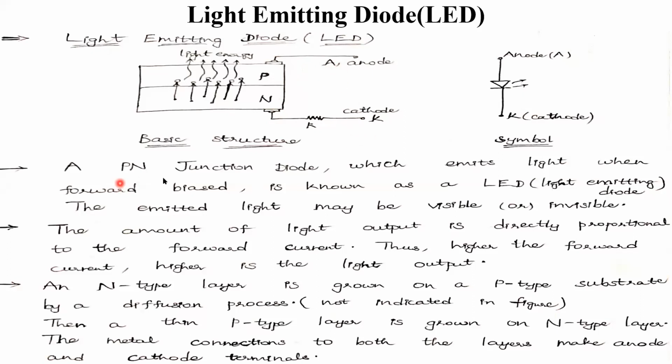Here, a PN junction, this is the symbol for LED, a normal diode symbol as well as the arrows outwards. If the arrows are outwards, then we can call this a light emitting diode. It is emitting some light energy that is indicated with these arrows, therefore it is LED. If the arrows are inwards, that means light energy is incident upon this diode and gives out some variation in the energy levels in this PN diode, then it is known as a photodiode.